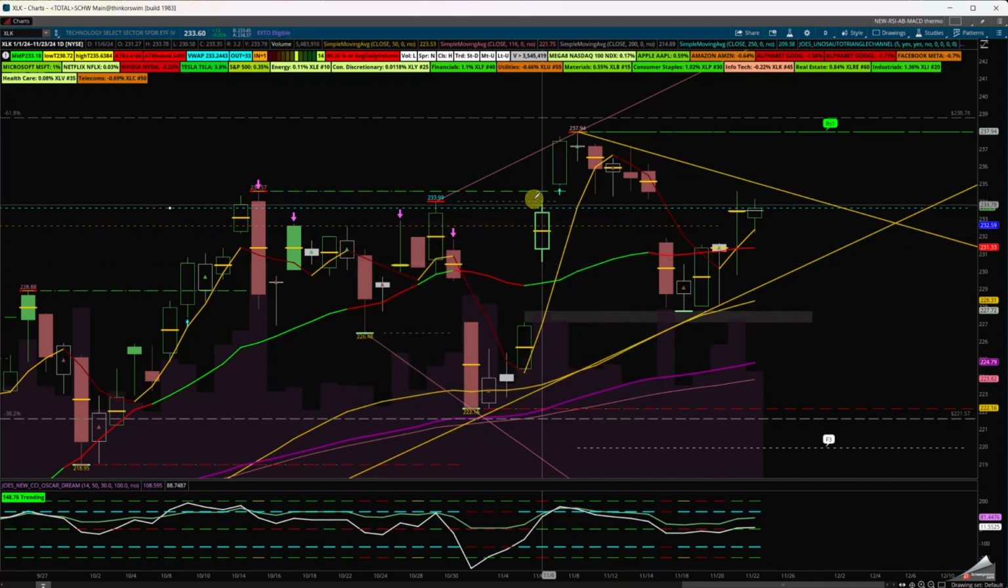We filled this gap down here and we filled this one. Is there going to be continuation, a grind up, or are we going to get rejection here, or do we continue to the upside in XLK? Now the